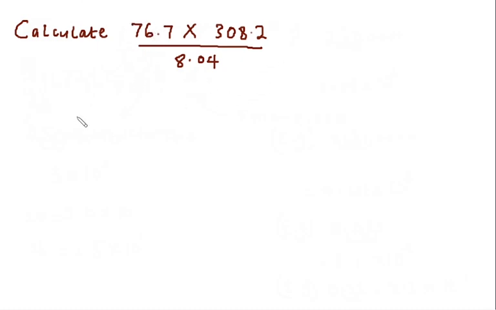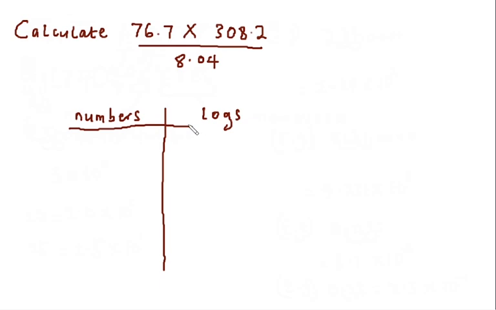So let's say this part of the table will be for numbers, and then this part will be for logs. So I separate my table into two. Firstly, I'll be starting with numbers that are on the numerator of the fraction. So I'll start off with 76.7. Now to convert 76.7 to its log equivalent, the first step for me is to change 76.7 to its